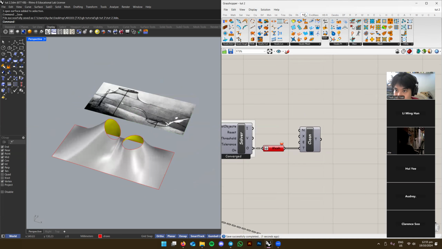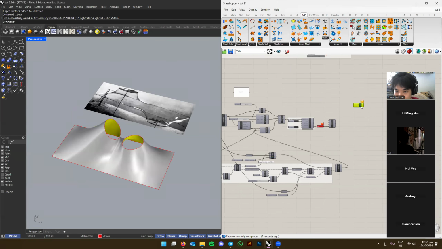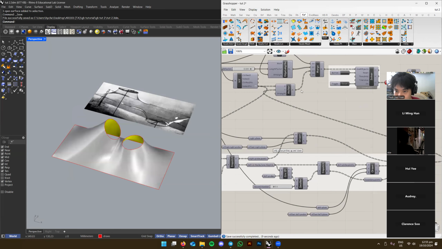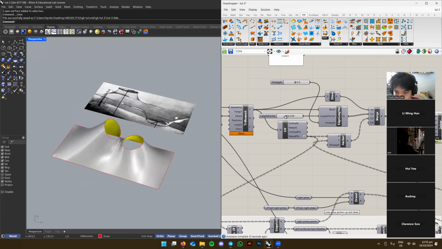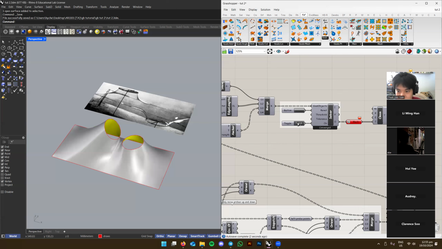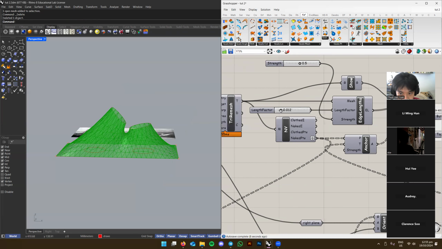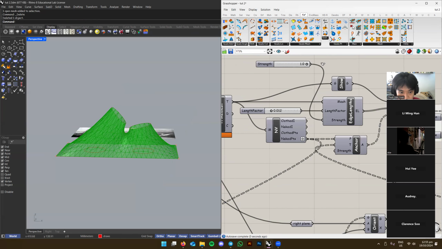There's another way using gold mesh and soap film, which is a very direct way and it doesn't give you as much control anymore. Like right now, we can still set the length factor. We still set the length factor and everything. But if we use, for example, if I set a length factor to be very, very tight and strength to be very, very high,